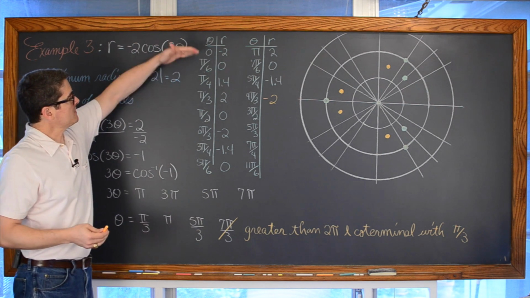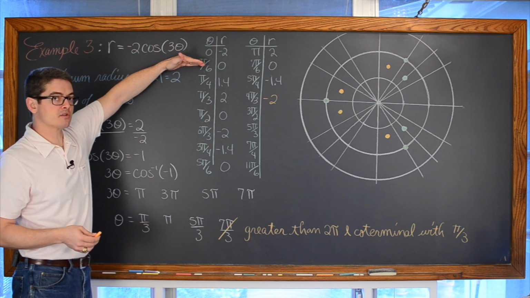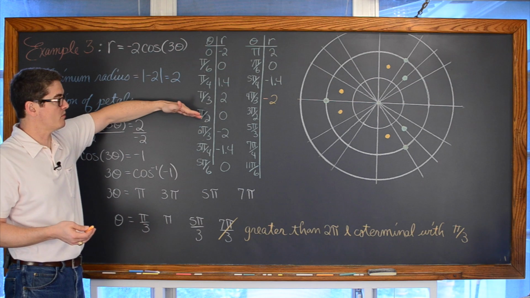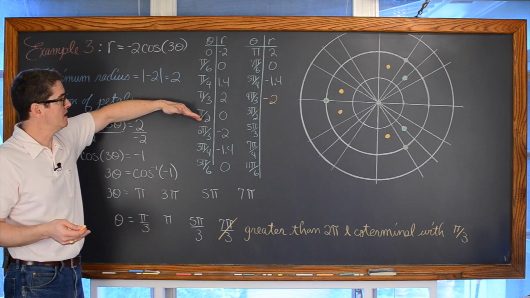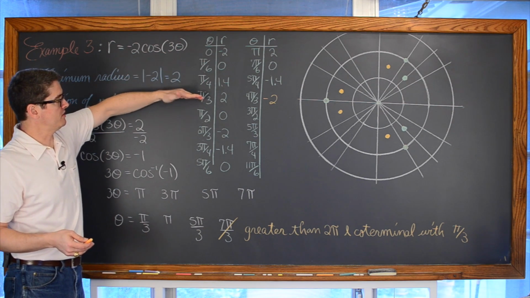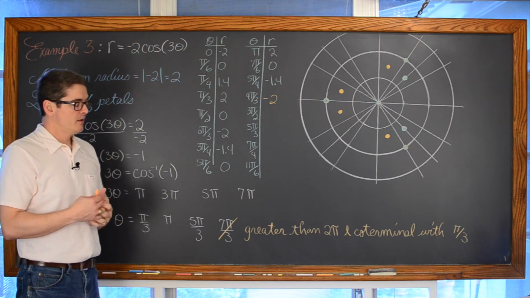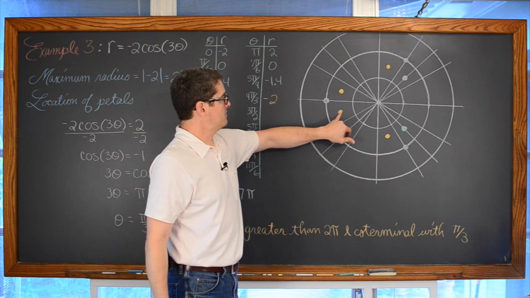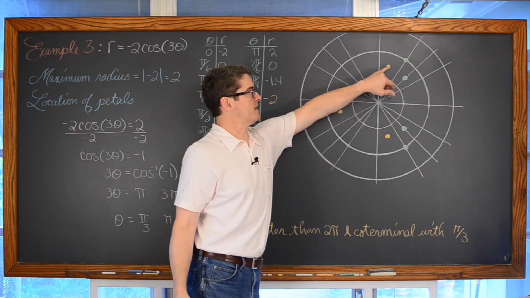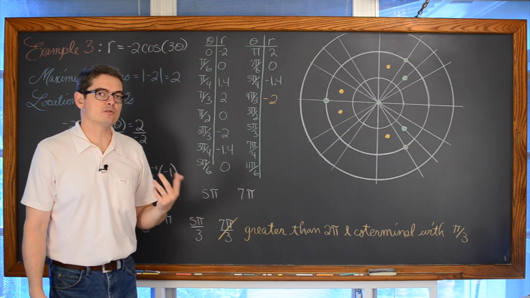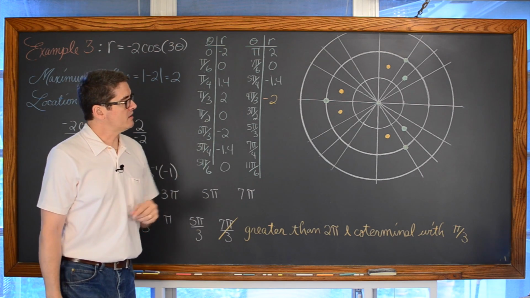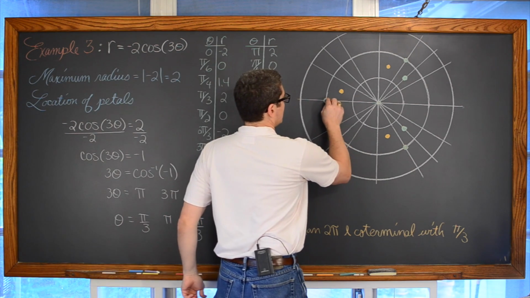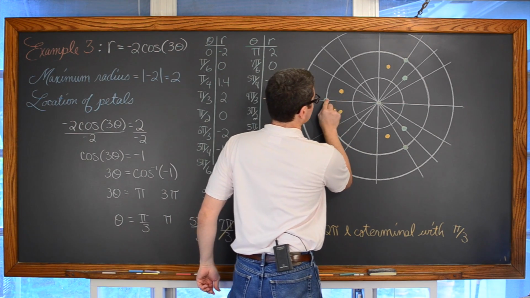So this is an increment of pi over 6 radians, and then an increment of pi over 12 radians, another of pi over 12, and another of pi over 6 radians, or 30 degrees, 15 degrees, 15 degrees, and then 30 degrees. So I went back through the table on my calculator, started back at 0, and filled in some of those points that I'd skipped, basically counting by every 15 degrees, or pi over 12 radians. Now to connect the dots in the order they come out of this table, we get a rose curve that looks something like this, I hope.